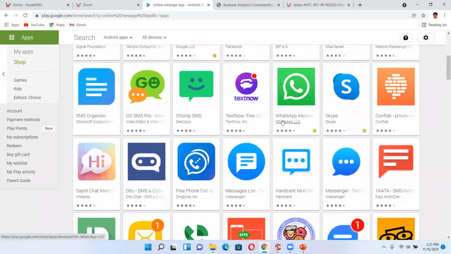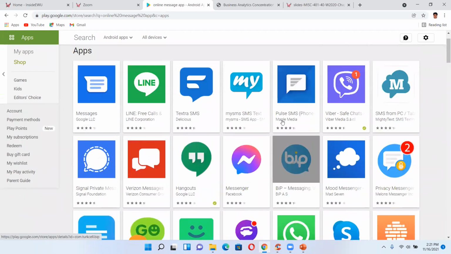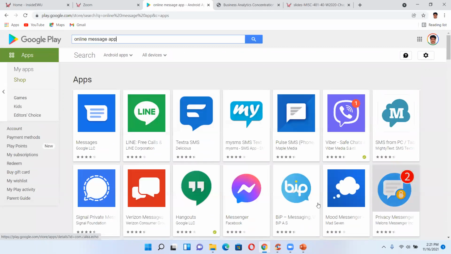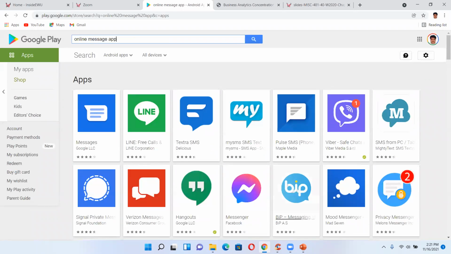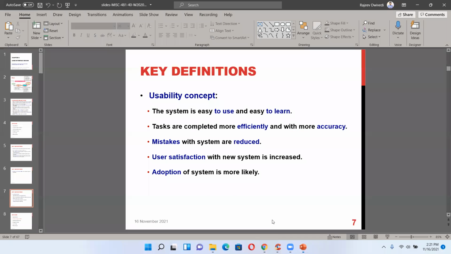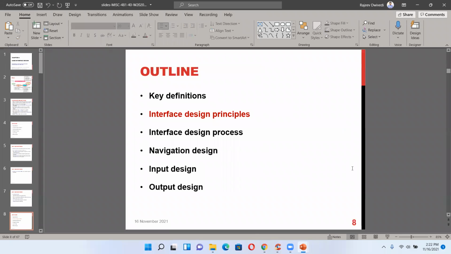China uses one which is called, I forgot the name. So based on user preference, ease for the user, adoption is more likely if the user finds it very easy to use. I would suggest it to someone, someone can adopt. So these were the key definitions.